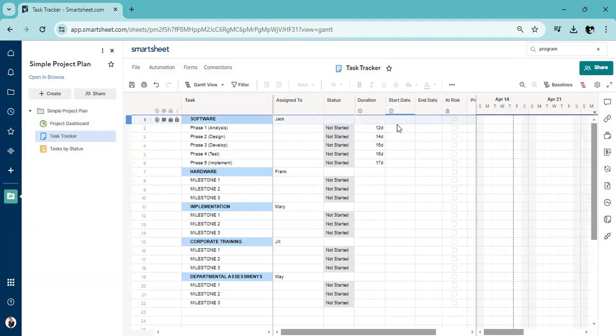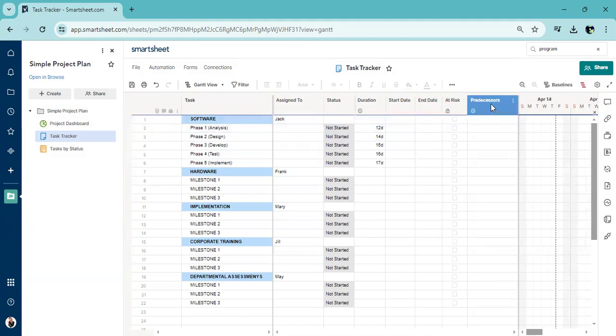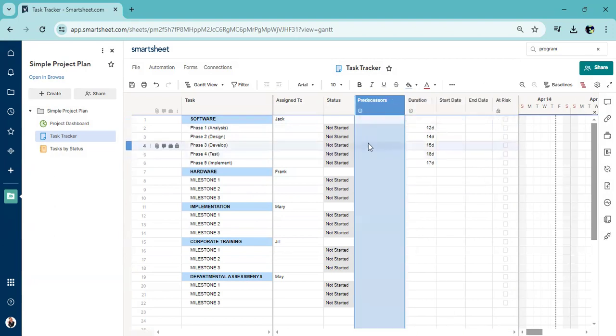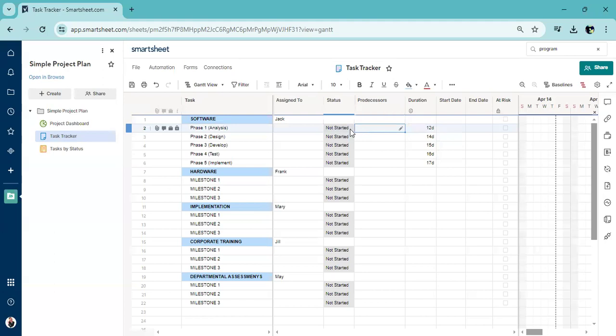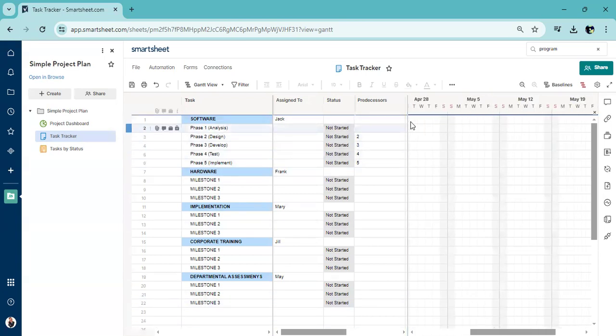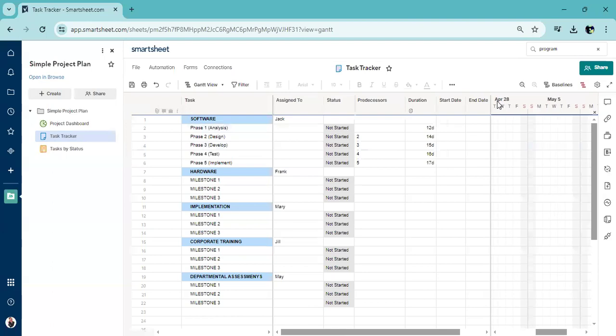Now we have duration, and we also have this column called predecessors. We are now going to use the predecessors column to put in what is a predecessor of phase 1, which is task 2. There's none. What is a predecessor of task 3, which is phase 2? So you would put here 2, and 3 and 4, and like that. And when you go back to your Gantt,